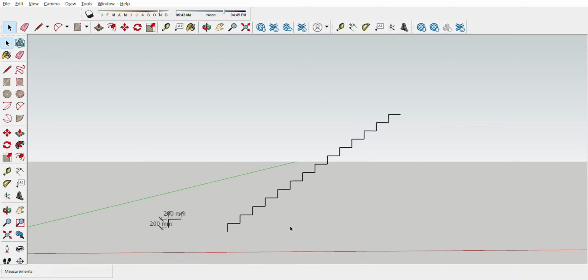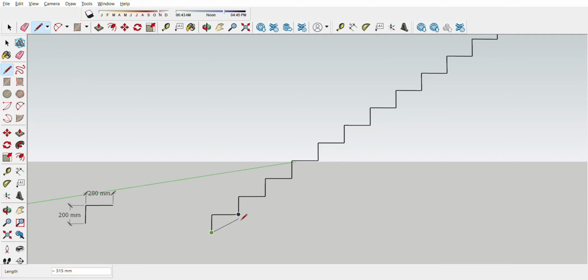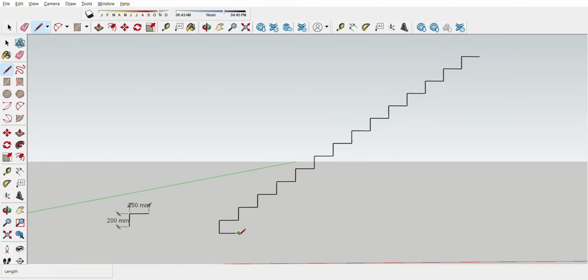It's not complete yet, so the best thing here is to make a line again here. Just move your cursor going to the red axis and the point should be aligned here, this one.